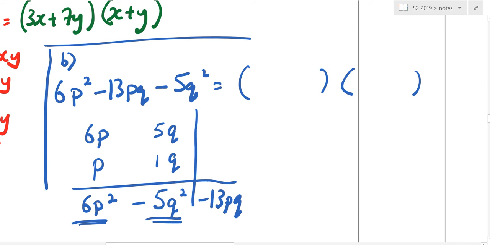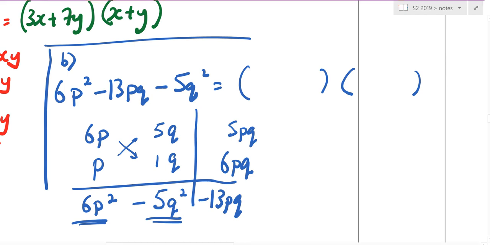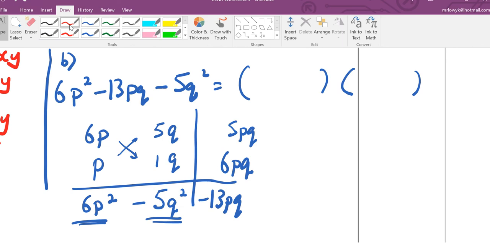So now I try, if I multiply downward, I'll get 6p cubed. Agree so far? Okay so far? If I multiply upward, what do I get? 5p cubed. I got a problem, right? Because 5 plus 6 is 11, 5 minus 6 is about 1, right? 1 or minus 1. So cannot get 13. So I got to use another color, or if you have pencil and eraser, you just